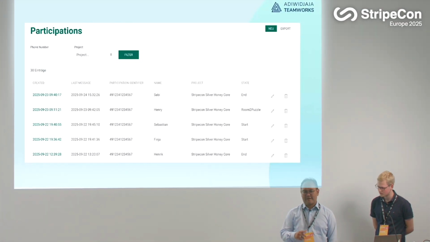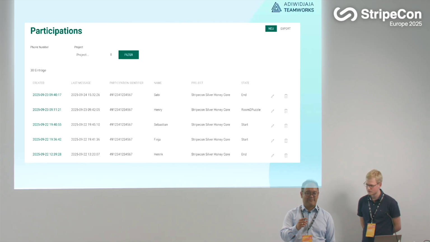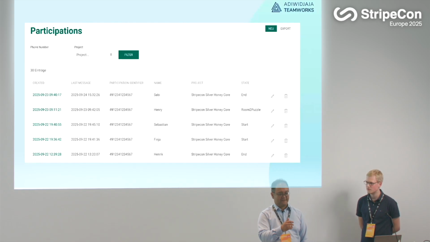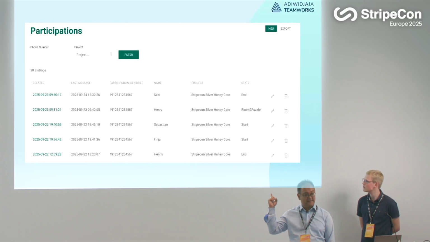As I said, we don't optimize model admin so much. We use it for configuration, but for daily work, if you are getting 1,000 conversations, then you don't want to use model admin. So we are using a front end. That's a data manager from last year, which we have configured so that you have an overview of what's happening right now.